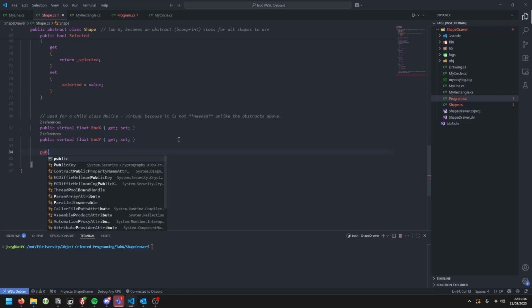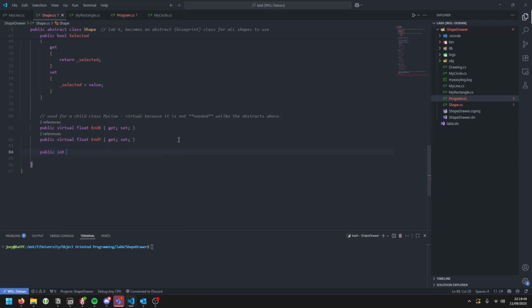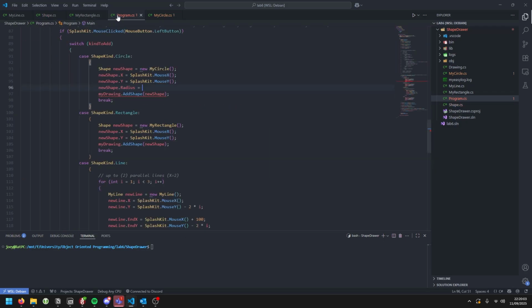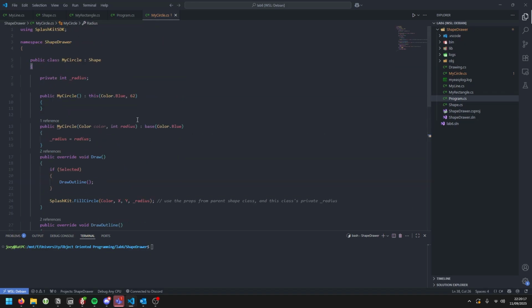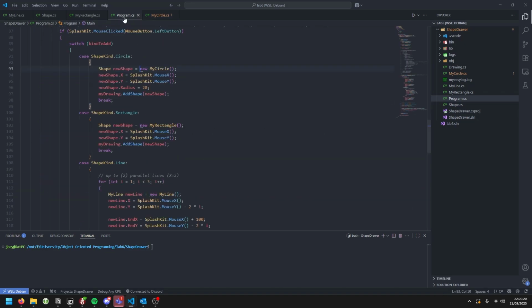So if I say public integer called radius, this has an empty get and an empty set, we can see because my circle provides implementation for this, that now this will work. See how it's actually setting that? So I can actually override the radius of our circle from what it will currently be because we're saying new circle. This is using the default constructor, right? And by default, my circle will be set to 62 in radius. But here we're setting it to 20. So if I actually dotnet run this, what we can see is